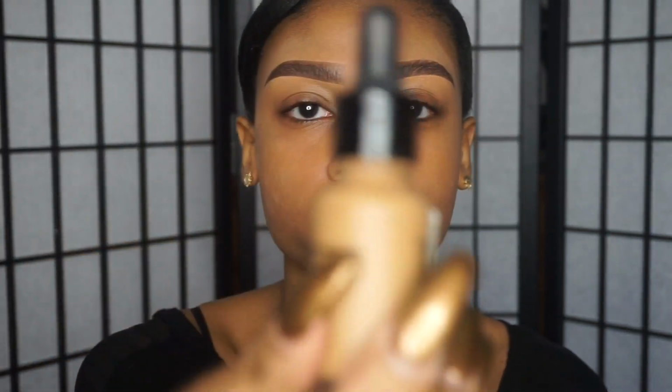And I like to mix this foundation with another one because this color is just the tiniest bit too warm for me at the moment. If I get a little bit more tan in the summertime, this would probably match me perfectly, but right now it's a little bit too warm for me. So I like to mix in my NYX Total Control